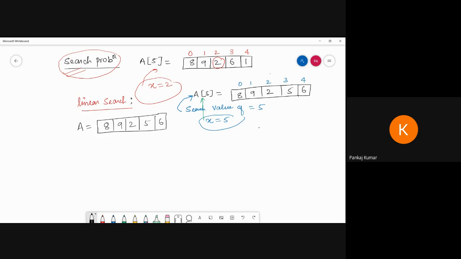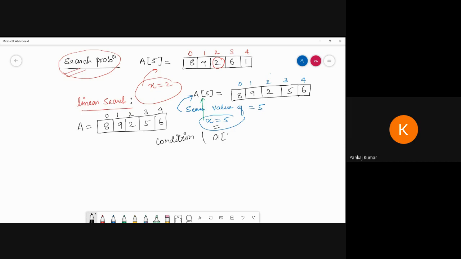These are the index values 0, 1, 2, 3, and 4. Now for this array, we have to write one condition.